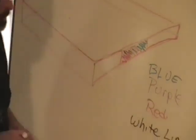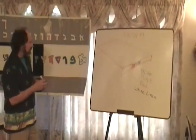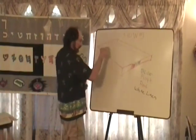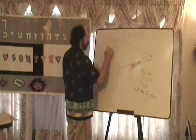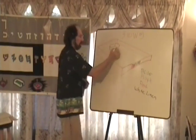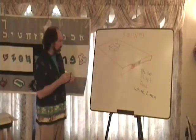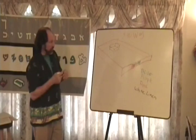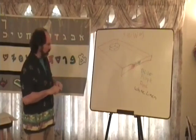Now, if you notice the priest's clothing, it's also made out of the same material. Inside the Mishkan, there was another structure, and it was covered with a couple of different layers of things. And the embroideries within it were also the same color pattern. If you read in Exodus, where he's told what to make, he says,